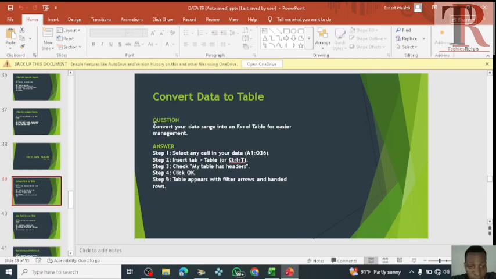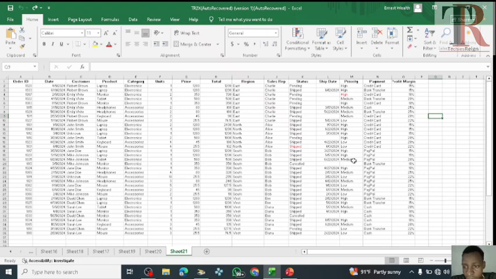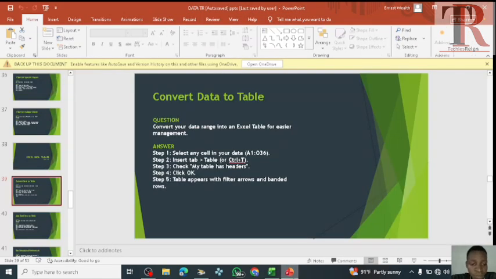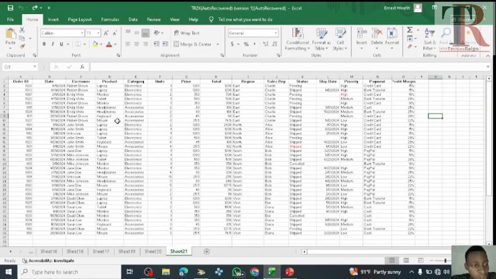In this video, we'll be converting data to a table. So we'll be converting all the values in this data set into a table. Now, the question is to convert our data range into an Excel table for easier management. So we have to convert all of this into a table. The first step